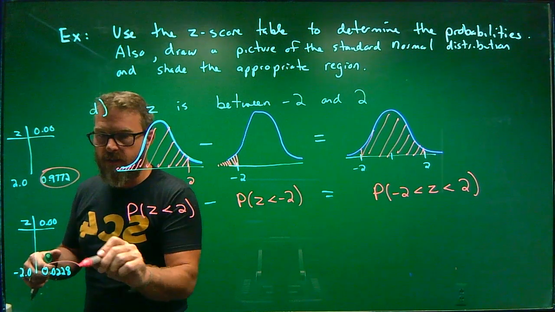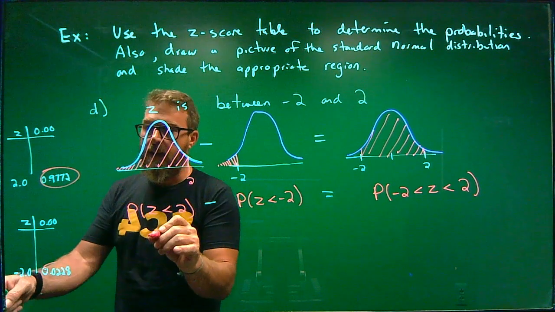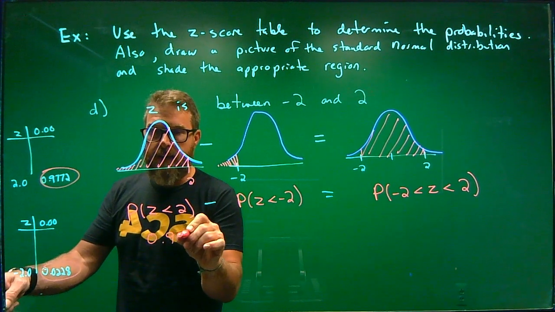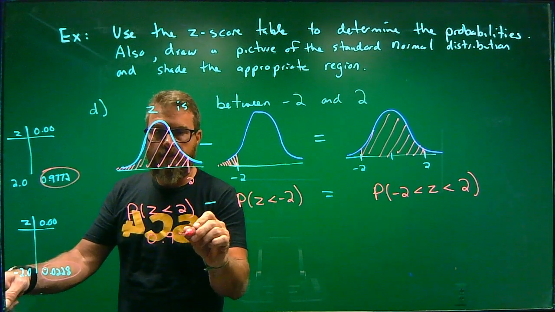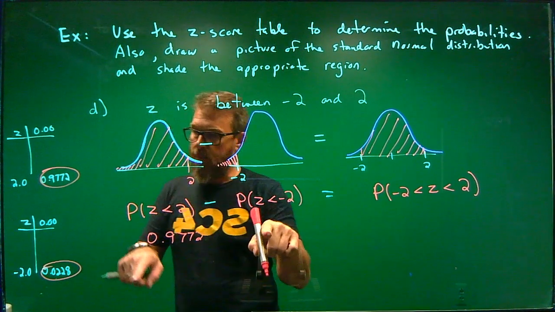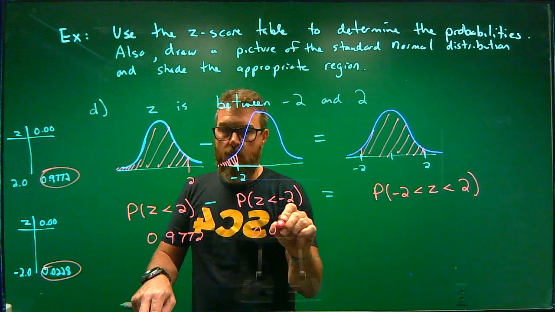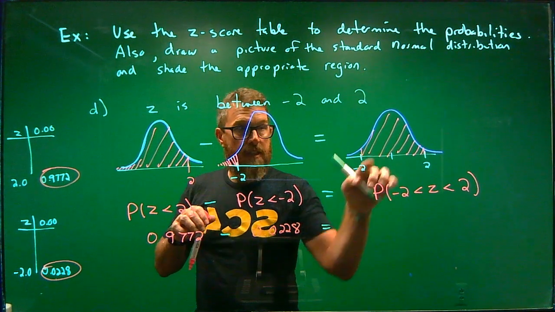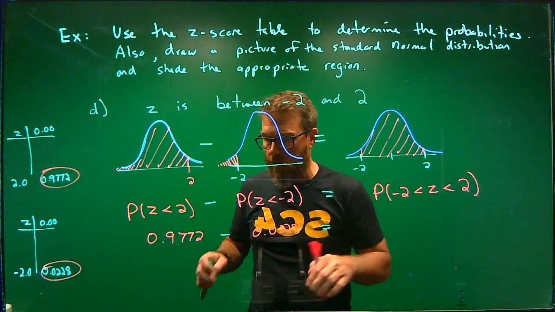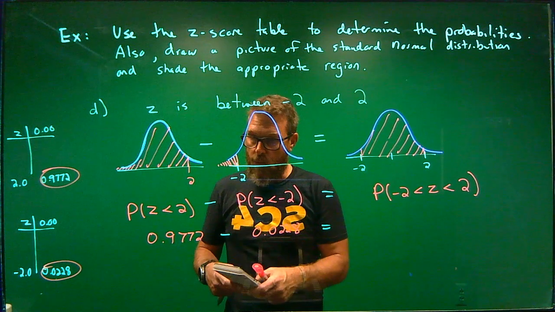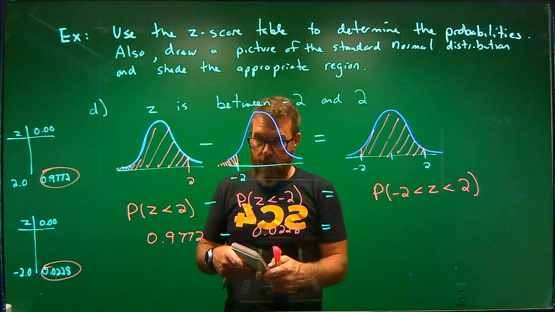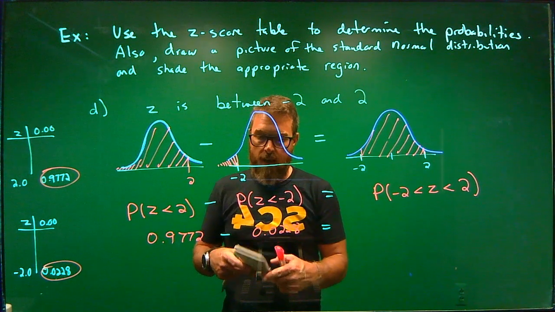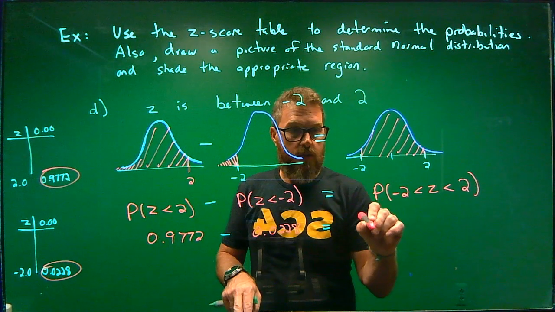That's this one, and this is going to be this one. So I'm going to have 0.9772, and I'm going to subtract off 0.0228, and this is actually going to get me my target probability. So 0.9772 minus 0.0228, which is going to be 0.9544. So this is